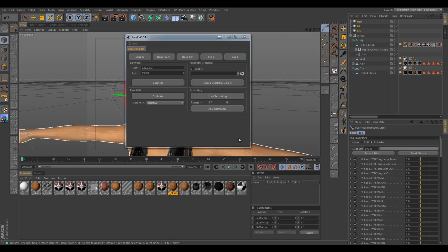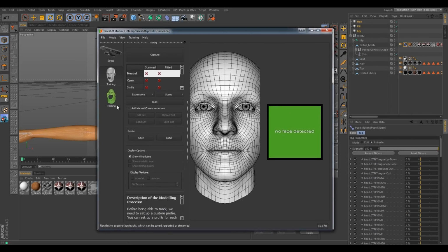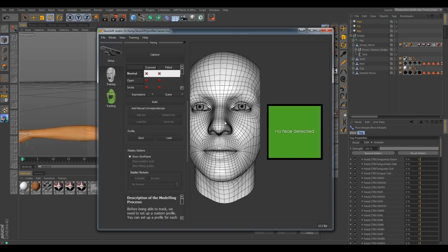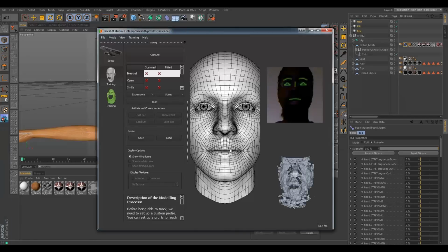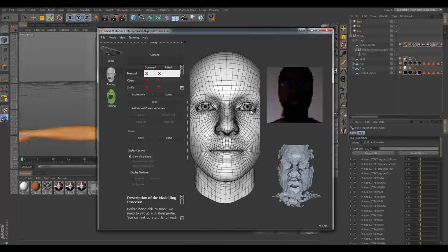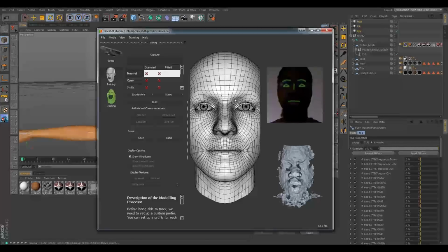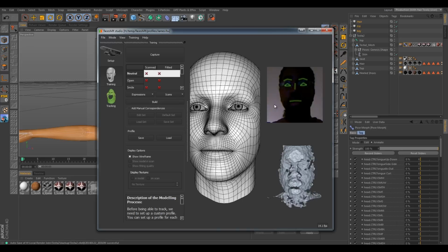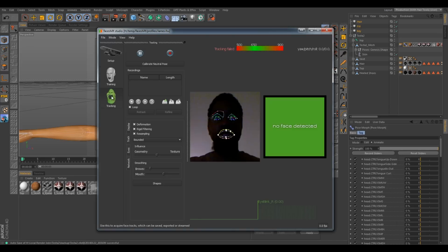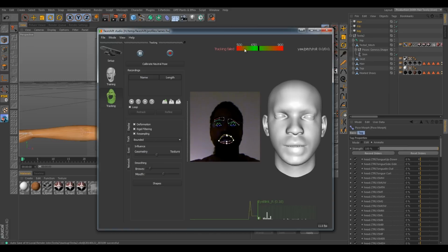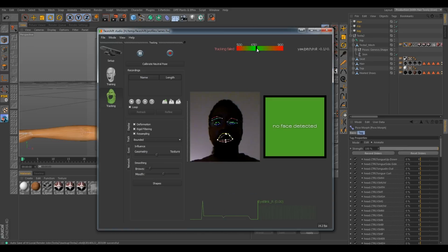So this is FaceShift 1.2 that I'm using. I wouldn't say it's the latest and greatest. I think they've come out with FaceShift 2.1 or something like that. But my Connect is on, and right now I'm recording at night, so it's a little dark. FaceShift does its best animation or re-representation of your face when it has a good depth field to you. If we go into tracking here real quick, basically we've got this bar up here that lets us know that we're in the sweet spot for FaceShift.